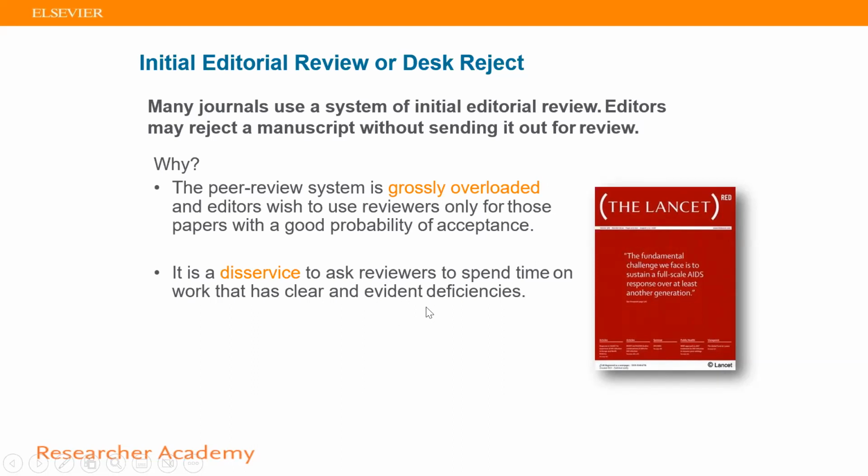If that is the reason, the editor just doesn't want to ask the reviewers to spend time on work that has clear deficiencies or clear points that should be covered and couldn't be explained in the paper at that stage. And if that is the reason, the editor will clarify exactly that the paper needs some more work to be done, and your paper will be desk rejected.